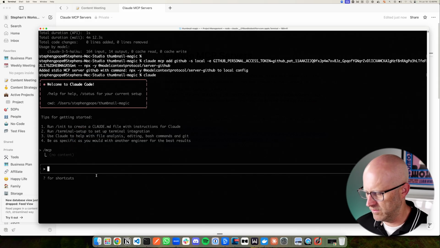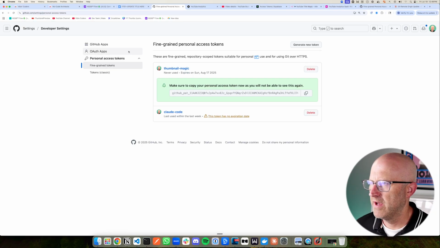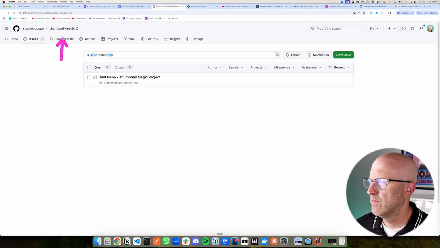So I should be able to say something like, please create a test GitHub issue for this particular project using the MCP. So now if we jump back to our repository here, we're back in thumbnail magic, and we can see we have our test issue that we just created from Claude Code. So now what we can do is use Claude Code to actually generate all of our project plans and track all of those issues here in GitHub